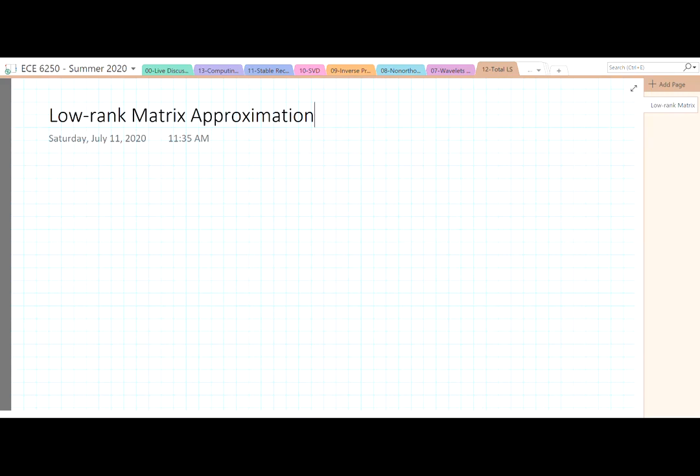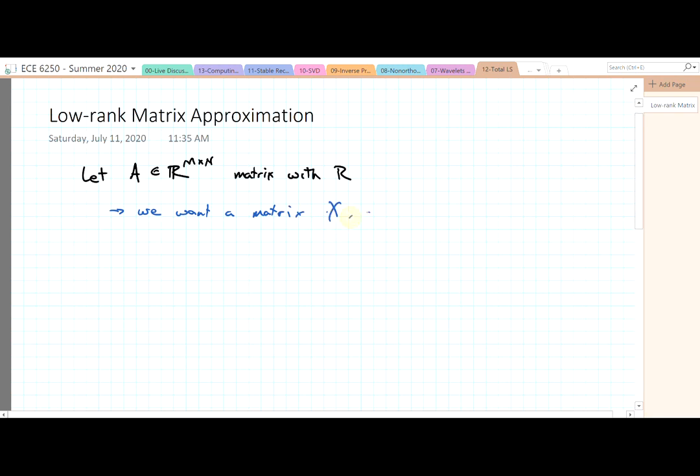So we'll start by setting up the problem with A being an M by N matrix, and it has rank capital R. So often the question we are trying to come up with is we want a matrix, and I'll just say X, of rank r less than R that is closest to A. In other words, we want to minimize by choosing X